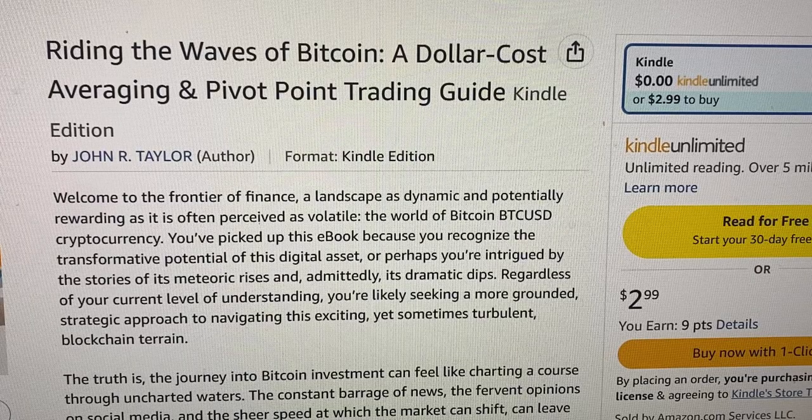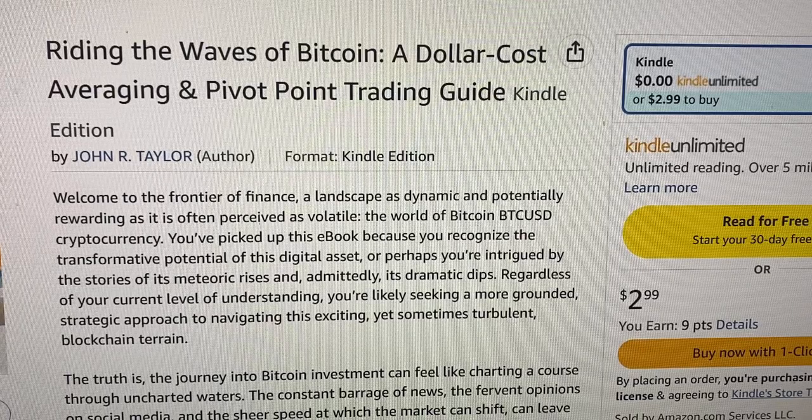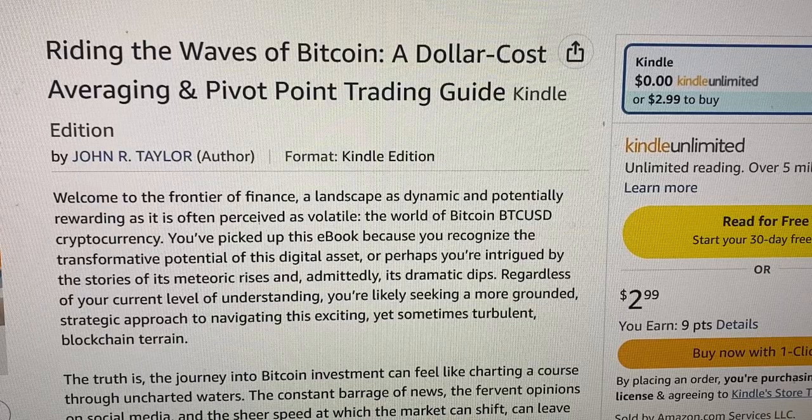is often perceived as volatile, the world of Bitcoin. You've likely noticed the journey into Bitcoin investment can feel like charting a course through uncharted waters. The constant barrage of news and sheer speed at which the market shifts can leave even seasoned investors and speculators feeling overwhelmed. Headlines often scream of overnight fortunes and devastating losses, usually fueled by the dangerous attempts to time the